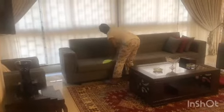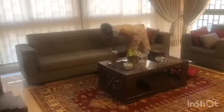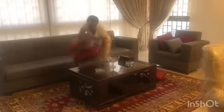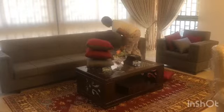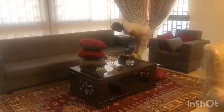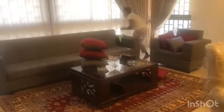Yeah guys, so this is the living area, actually the TV area. This is how I do it, but I actually don't do this every day, because there is a lot of things to do, and time is little. Not actually a lot of things to do, but you know, in our language we say